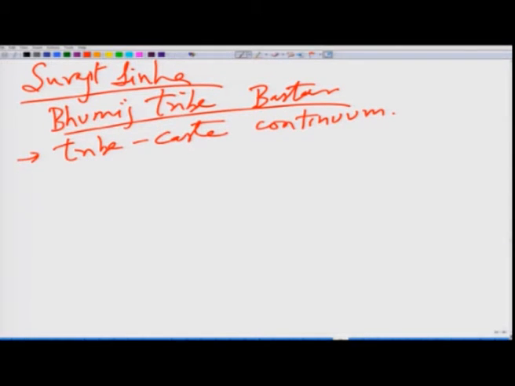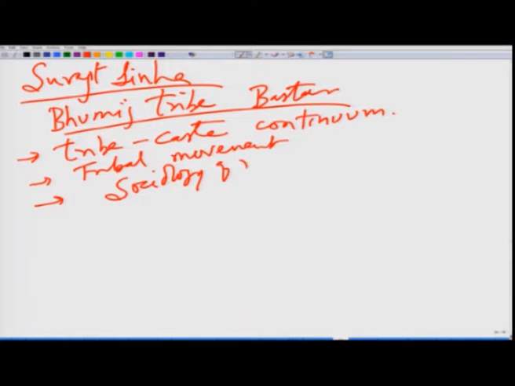He also spoke about the tribal movement, and apart from that he was trying to see how we can understand religion. So, the sociology of religion was another important area to which Surajit Sinha contributed significantly. In analyzing these things, he used ancient and medieval texts. He made significant use of Indological tools, the Indological method, for understanding the distinctiveness of